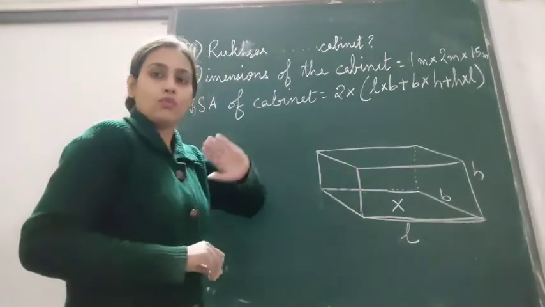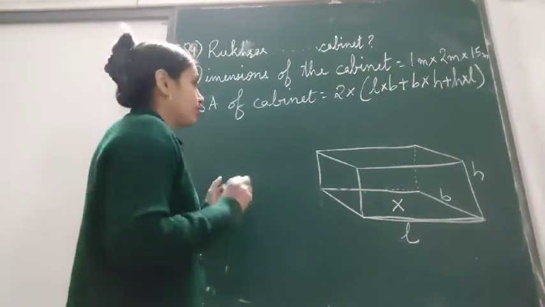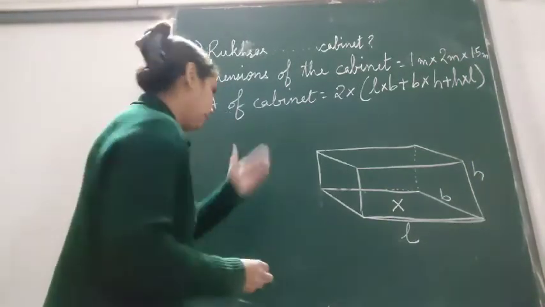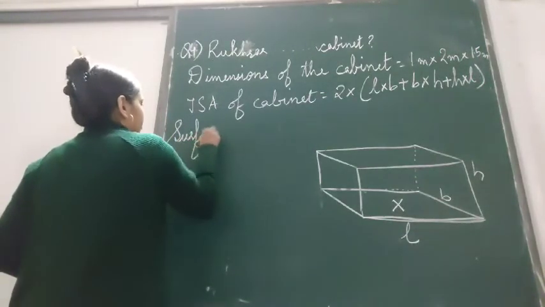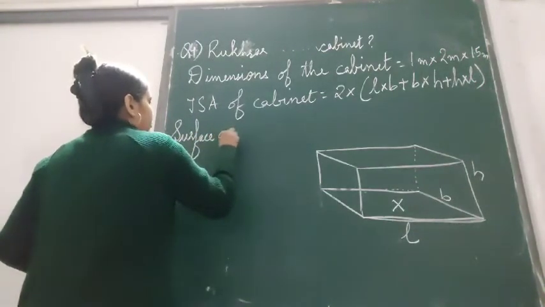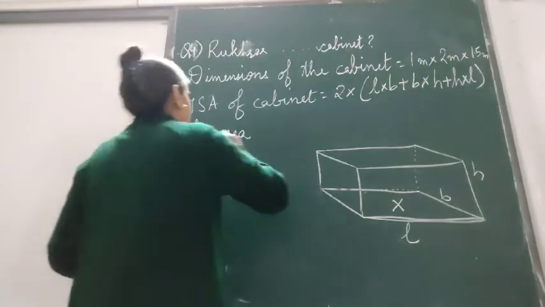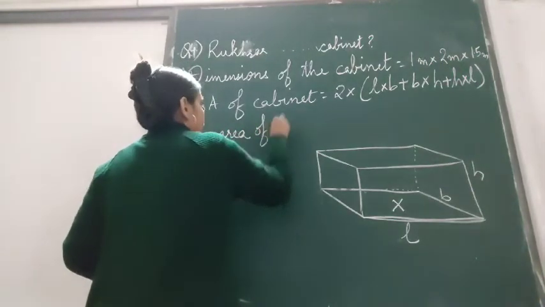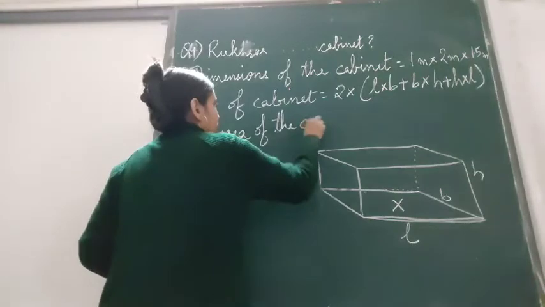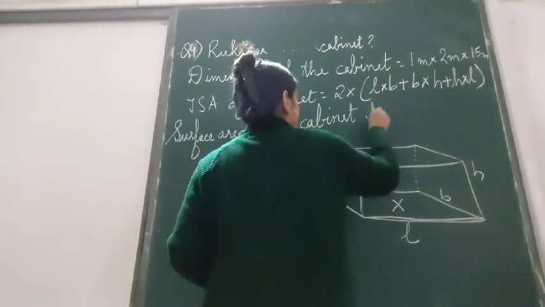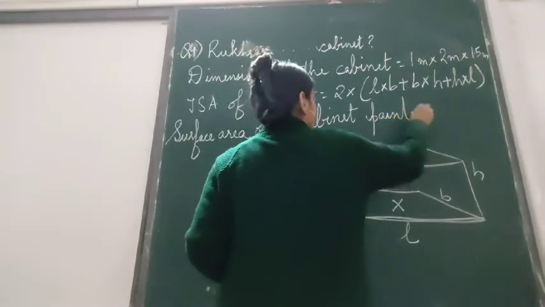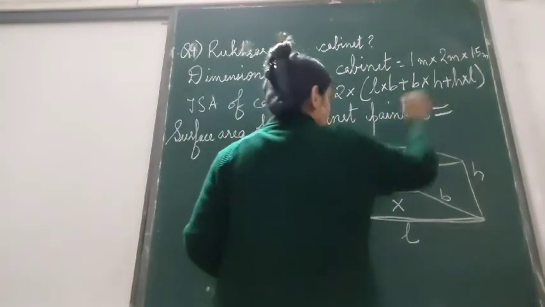Okay, now what part she has painted? So surface area of the cabinet painted. I don't know why they are shifting things. Maybe something is going on in the cabinet. Painted, which is equal to